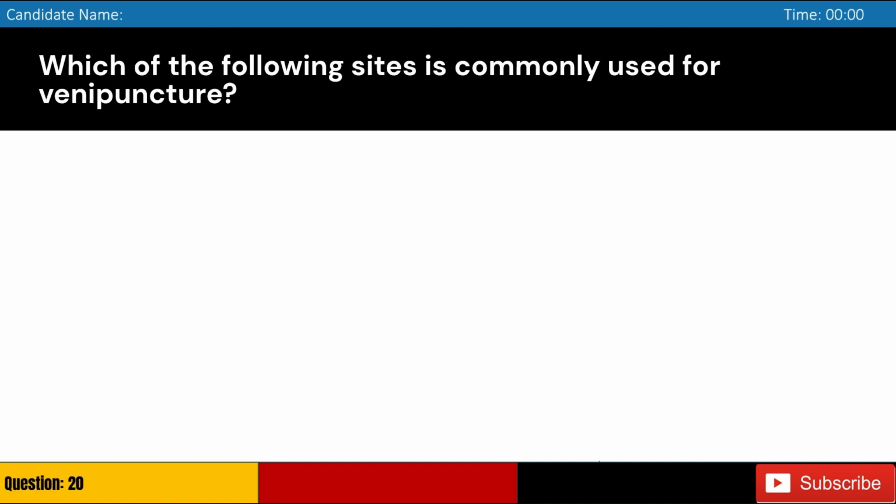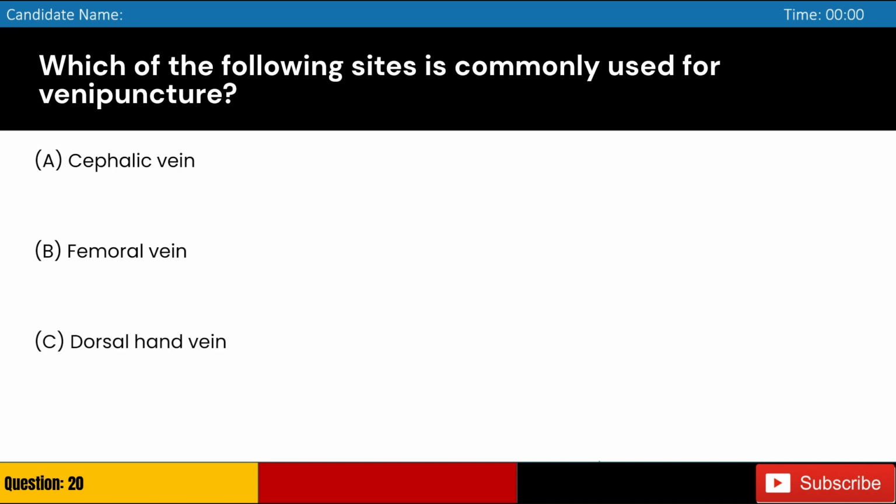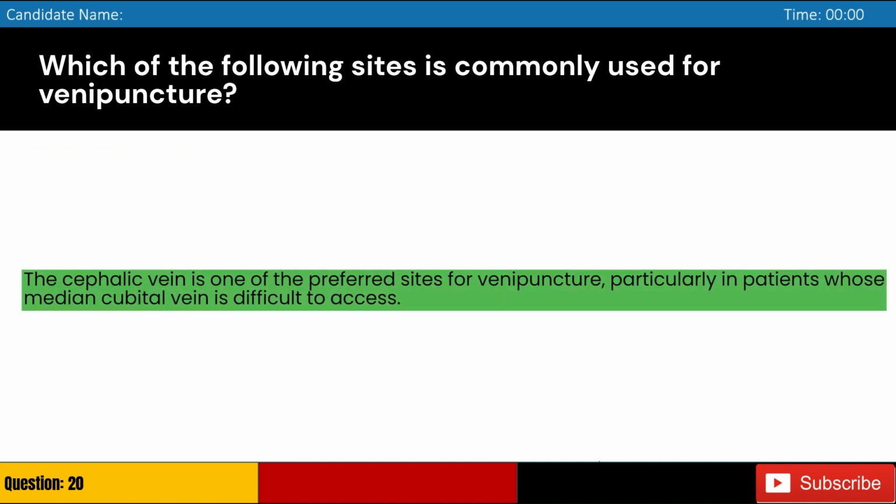Which of the following sites is commonly used for venipuncture? A. Cephalic vein. B. Femoral vein. C. Dorsal hand vein. D. Great saphenous vein. Answer, A. The cephalic vein is one of the preferred sites for venipuncture, particularly in patients whose median cubital vein is difficult